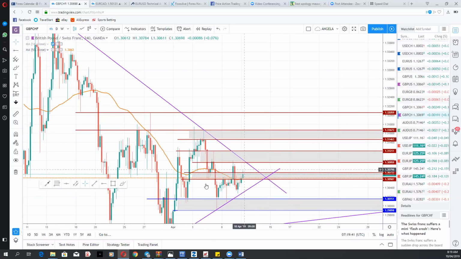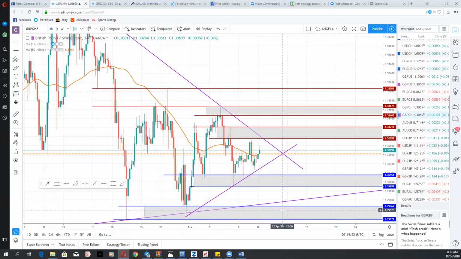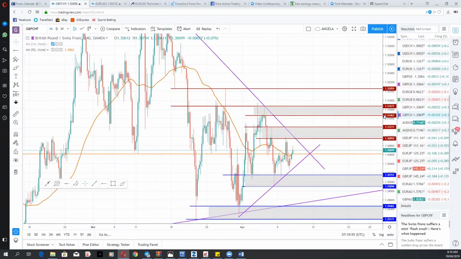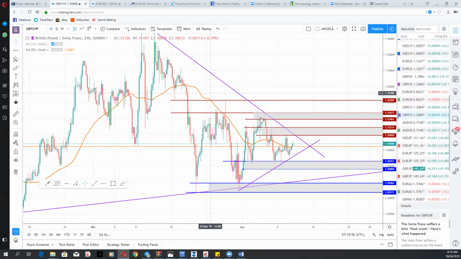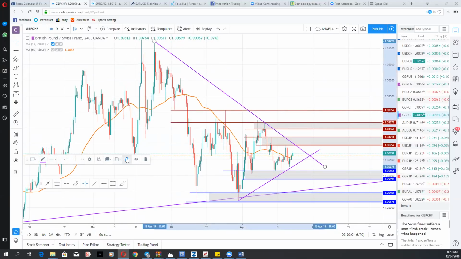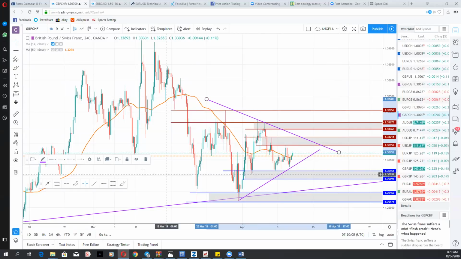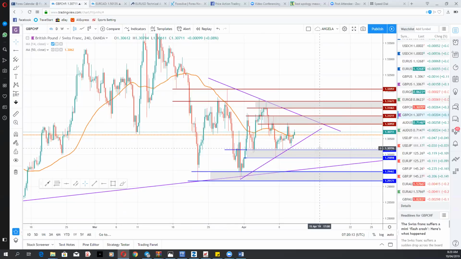Since this is my mid-level here, the market is not respecting it, so let me get rid of it so that I can see clearly. Now, what do we have here? We have what looks like a triangle. This one is too far up, so let me bring it lower down from here to this point. As we can see, we have what looks like a triangle. A break to either side will continue in that direction.